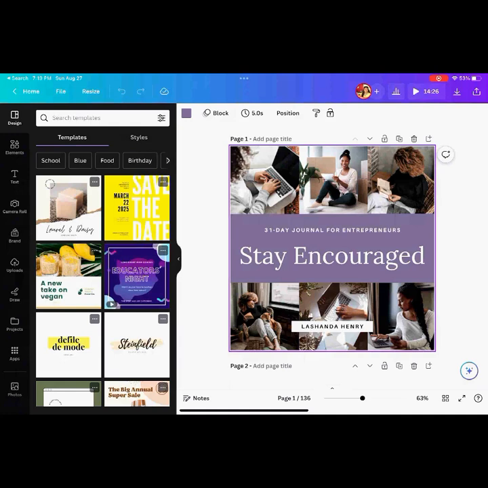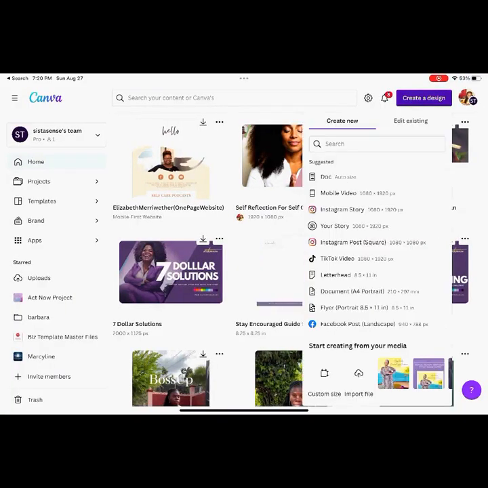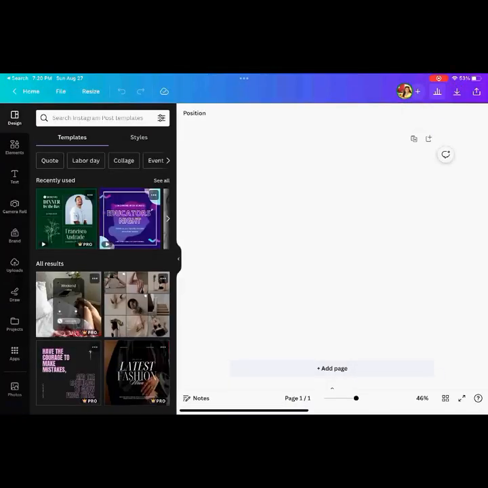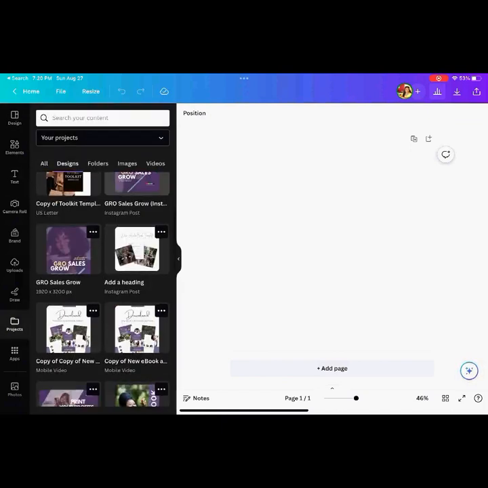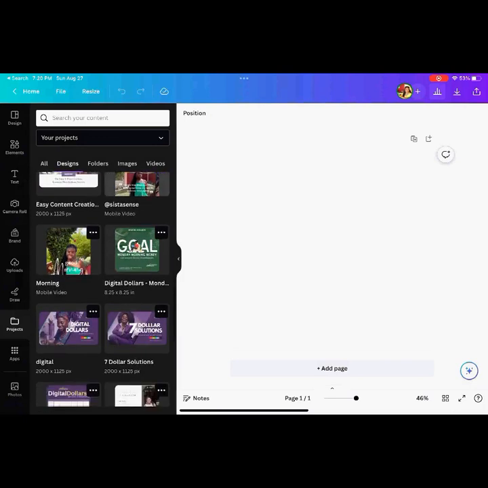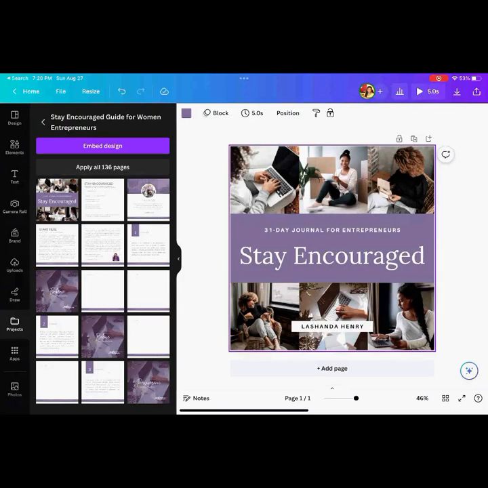So let me do that real quick. I'm going to go to Home, create a new design. I just want it to be a square graphic. Okay, so on this page, I'm just going to import that cover image real quick, just so that I only have that image and nothing else.